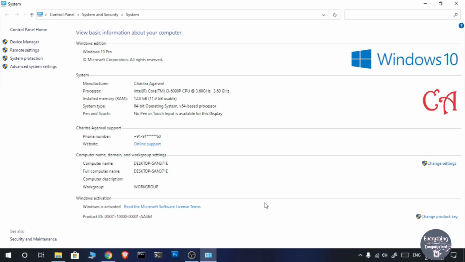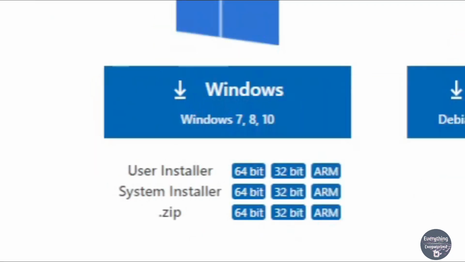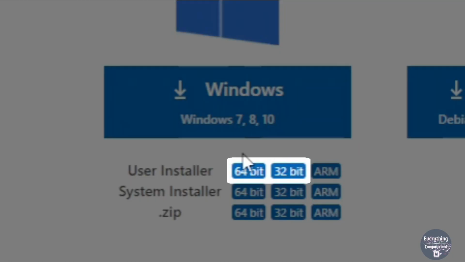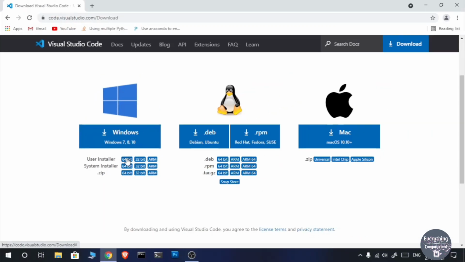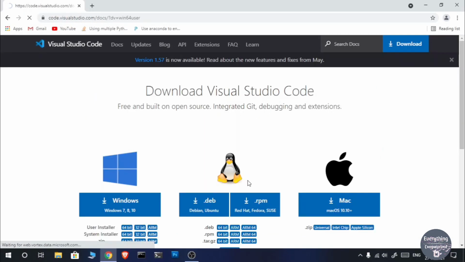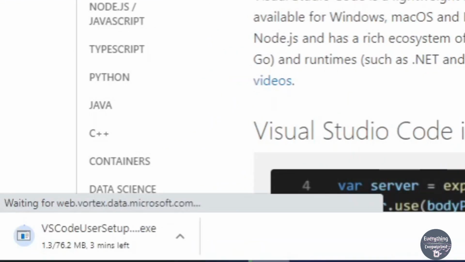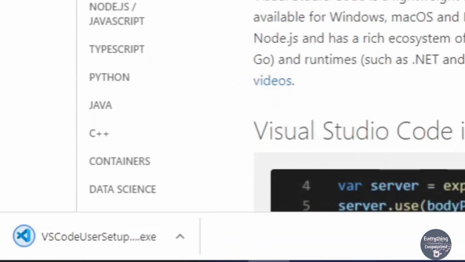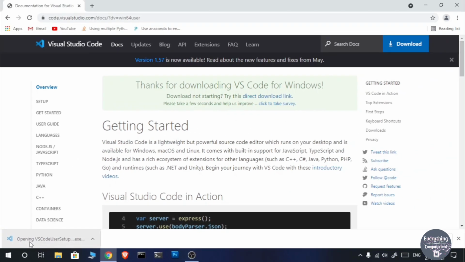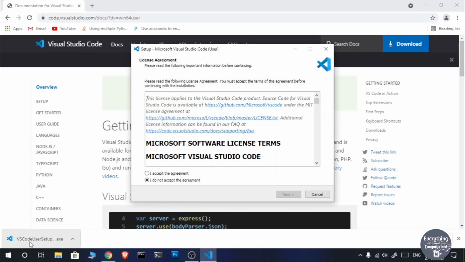So once you have decided which bit your Visual Studio is going to be, return to Chrome and click on the appropriate button. If you are not sure which version to choose, you can choose the 32-bit version because it will run on all computers. After clicking the desired button, you will be redirected to some page and after a few seconds your download will start. Once your setup is downloaded, you need to click on it and then it will take some time and will launch the Visual Studio Code installer.